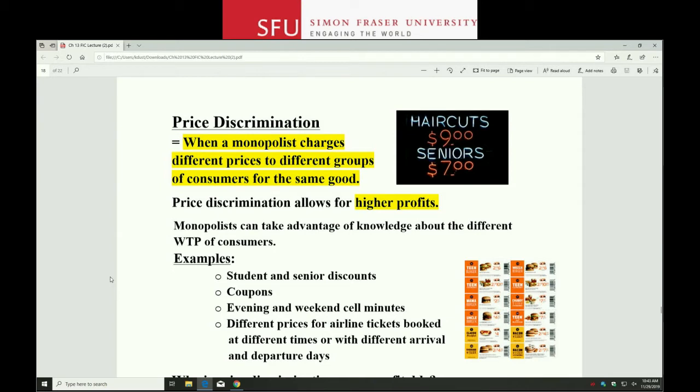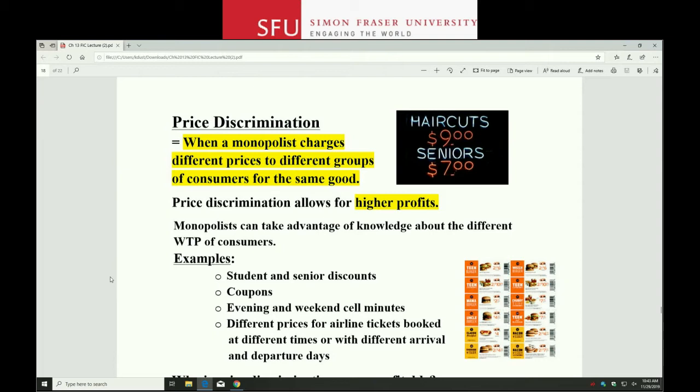Okay, so it's a pretty common thing. Other examples here, coupons, right? So if you have the coupon, you get to pay the lower price, and if you don't have the coupon, you have to pay the regular price. Different costs for cell phone plans, depending on the time when you're allowed to talk. Different prices for airline tickets or hotel prices, right? There's lots of examples in the travel industry where prices will be different depending on, I don't know, how you book the tickets or what time the flight is or whatever. Anyway, so there's lots of reasons, lots of examples.